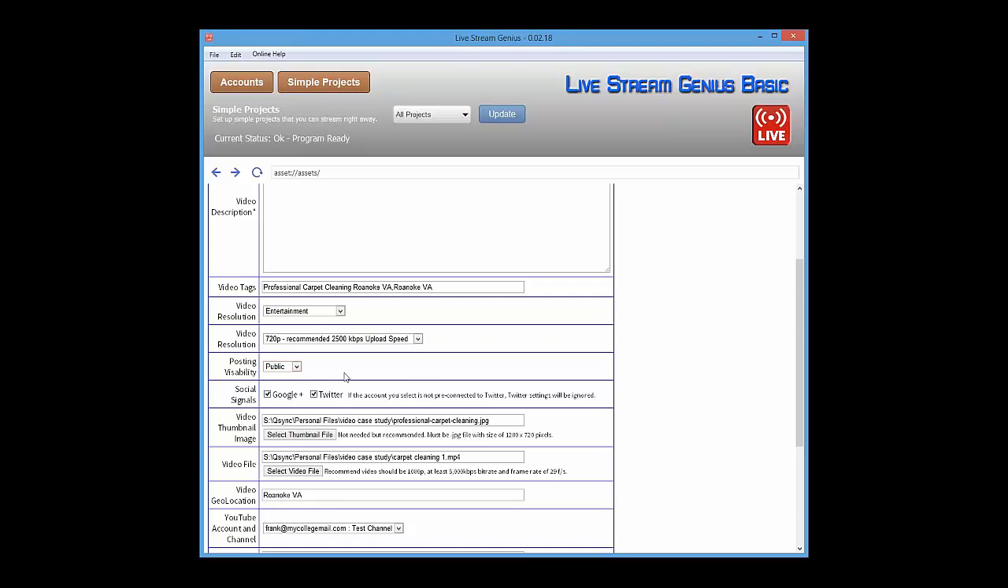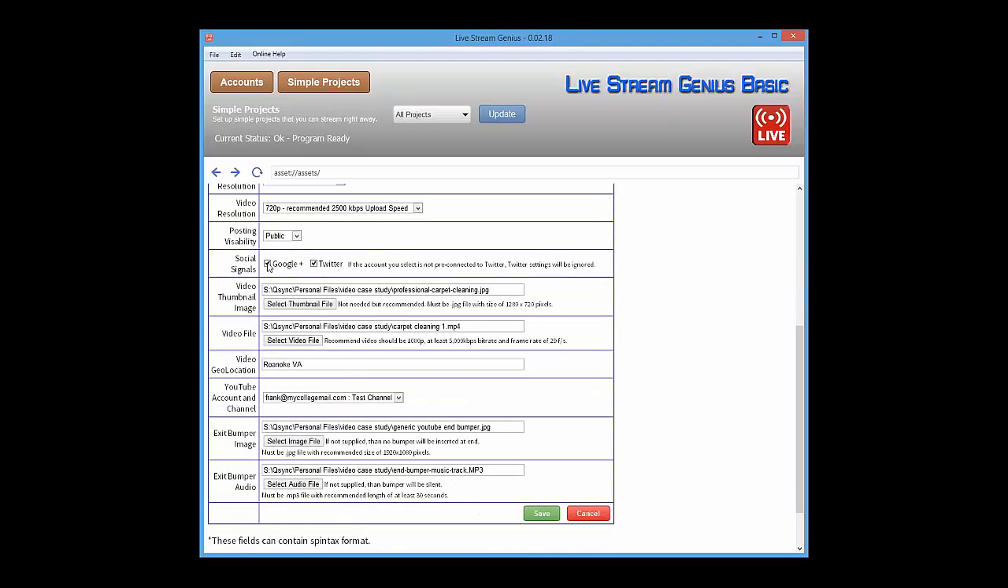I'm going to do this as a public video. You can have Google Plus and Twitter selected. If you have Twitter connected to your YouTube account, it will select it for you. If you select it or not, it's up to you. You will select a thumbnail. Now, what a thumbnail is